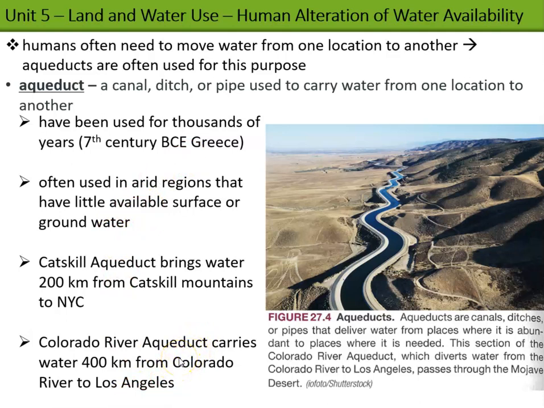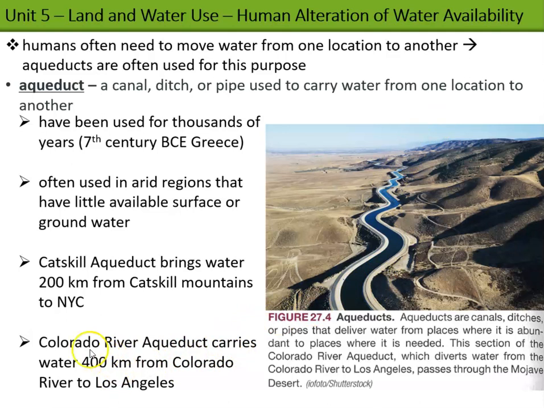Around where we are, New York City, at least, they get their water through a 200-kilometer long aqueduct called the Catskill Aqueduct that brings water from the Catskill Mountains to New York City. New York City famously has really good water,